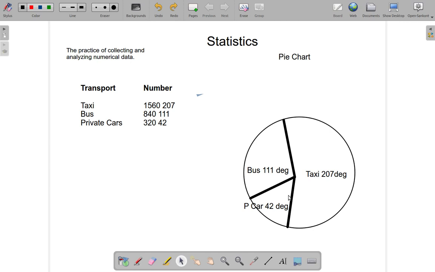Another popular type of chart that is used to represent information that you collect and then analyze. So the bar chart and the pie chart are very popular charts to use to represent information that you have found when you analyze data that you've collected. Alright, we will continue with this topic in another video, so I will see you